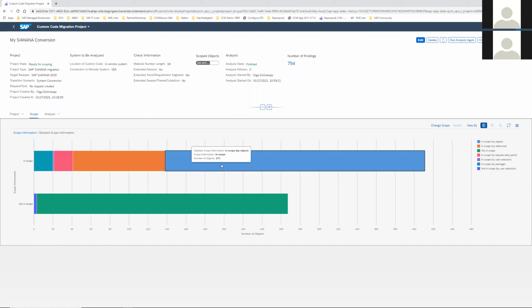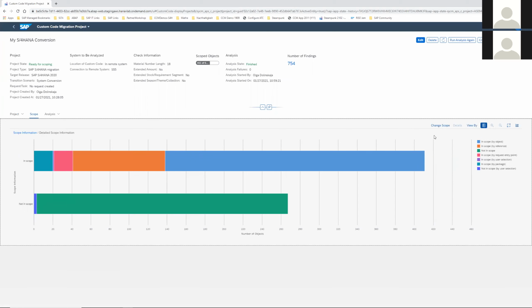These are here, the objects in scope by object, and you see here which objects are not in scope, so unused custom code objects, and which objects are in scope by reference, meaning that executed custom code objects, if they statically reference other custom code objects, will automatically be taken into the scope. So you have here the scope, which was defined initially based on the uploaded usage data,